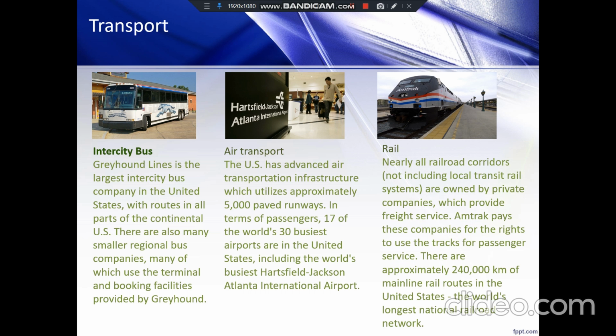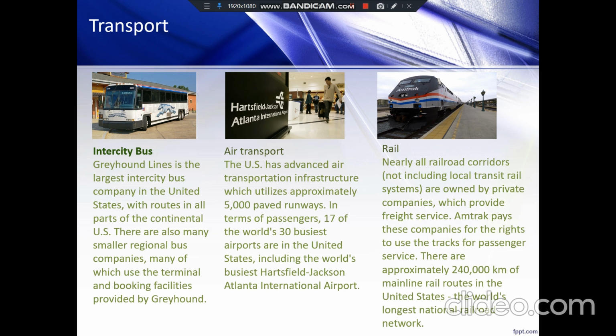In terms of passengers, 17 of the world's 30 busiest airports are in the United States, including the world's busiest, Hartsfield-Jackson Atlanta International Airport. And railway. Nearly all railroad corridors, not including local transit rail systems, are owned by private companies, which provide freight service.